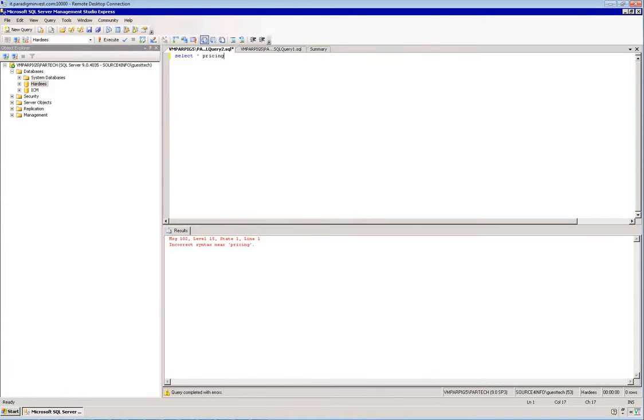It'll test it, and it says, hey, you got the wrong word. So let's make that capital. And what does it say? Maybe we should put in from pricing. And there we go. Now once you have it parsed, you can click on execute, and most likely your